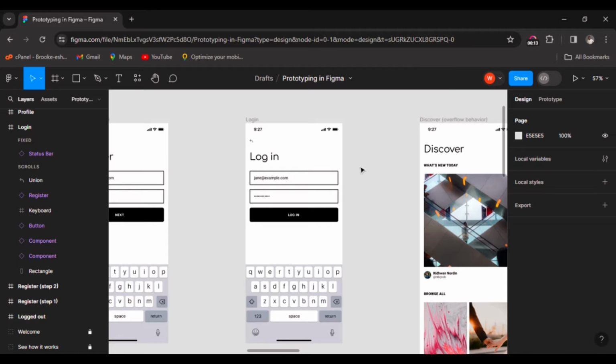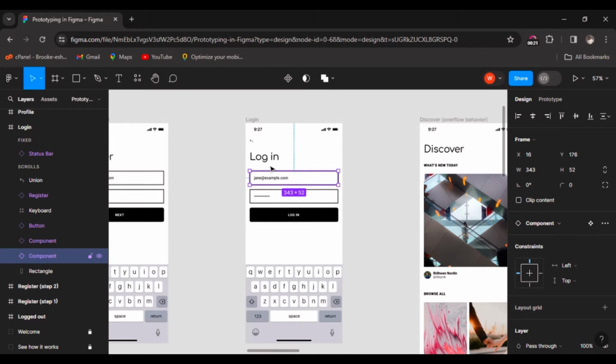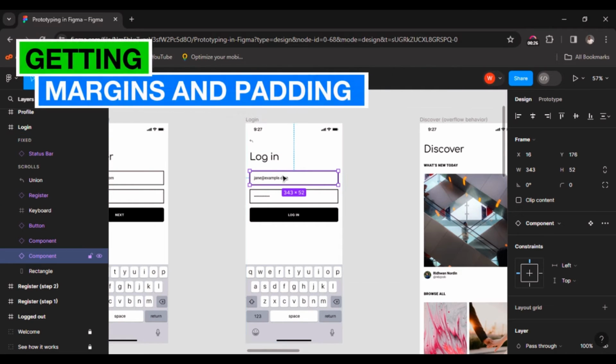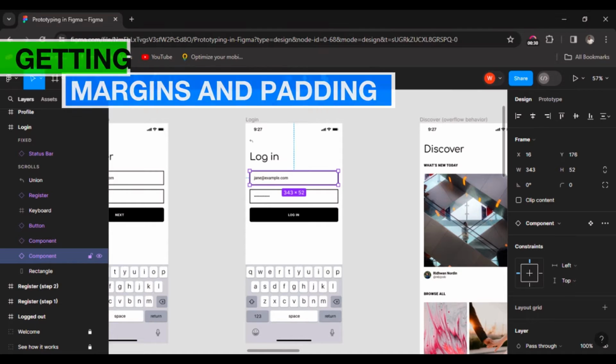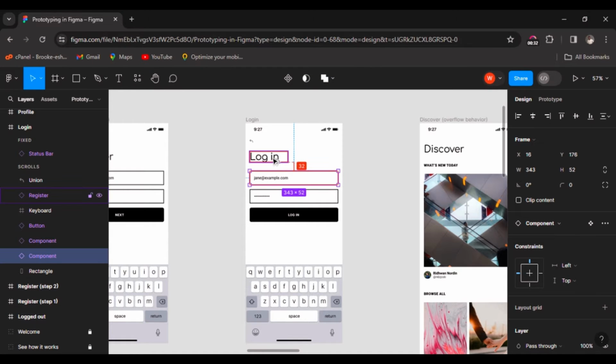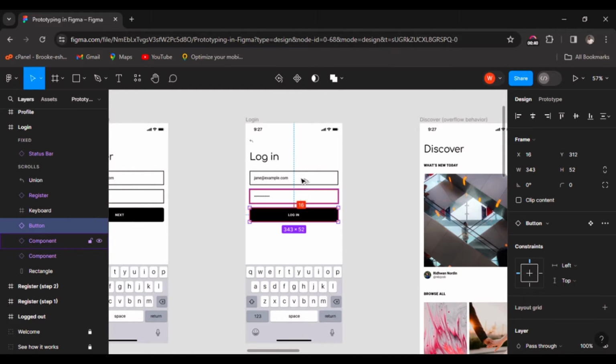Let's get into it. So one of the issues I talked about was getting our margins and padding. While we had dev mode enabled, getting our margins and padding was as simple as clicking on an object and clicking the nearest object. You easily see the margin. But since we don't have dev mode enabled, here's the way around that. Hold down Alt and drag to the nearest object. As you can see, we can now see the margin and padding. Just by holding Alt and moving to the nearest object, you get the sizes just like we had when